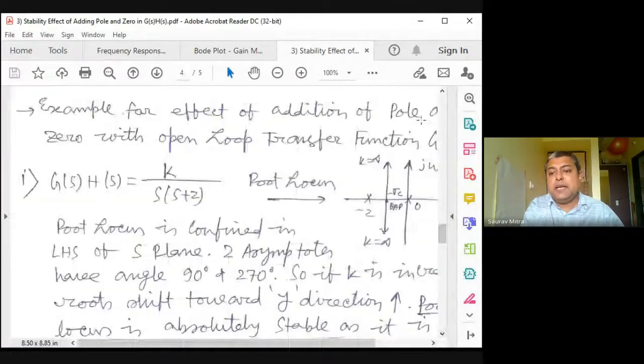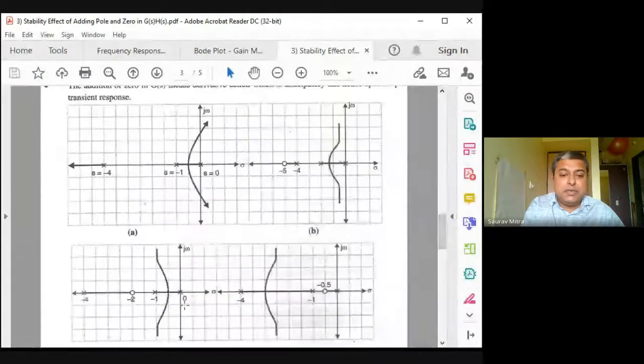Then what you are doing, you are inserting another pole. Okay, so now there are 2 poles. This is another pole. Now the zero is inserted here. So in the previous case the zero was inserted on the left side of the pole. Now the zero is inserted on the right side of the pole. So what you are finding is this -4 will be shifted and it will end at -2. And this 0 and -1, they are again becoming more stable likewise.